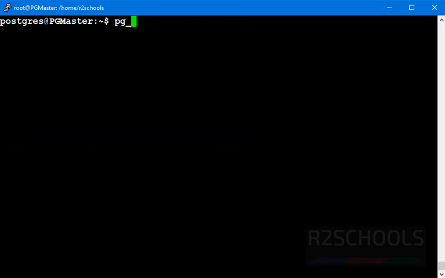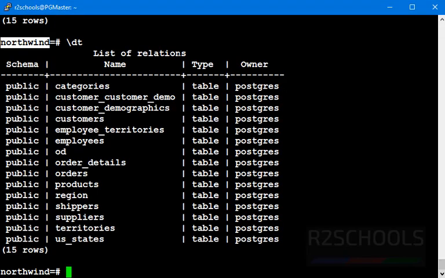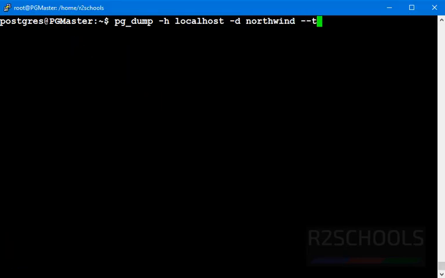Then run the command pg_dump -h, where h means host name, localhost, -d northwind, --table equals to public, which is the schema name, then provide the table name, then greater than symbol, then -w which prompts for the password, then -U, where U means username, postgres, then